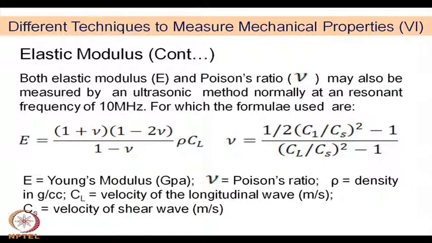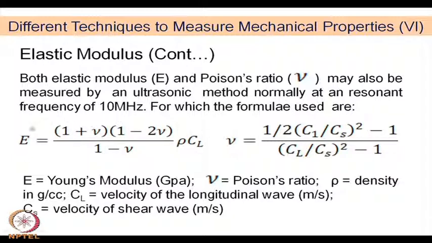Such piezoelectric wave generators can be used either to generate the sound or to get an echo of that sound on the other end, and therefore, by measuring with this kind of piezoelectric sensors and generators, you can find out the velocity of propagation, and from that you can find out the Young's modulus and the Poisson's ratio